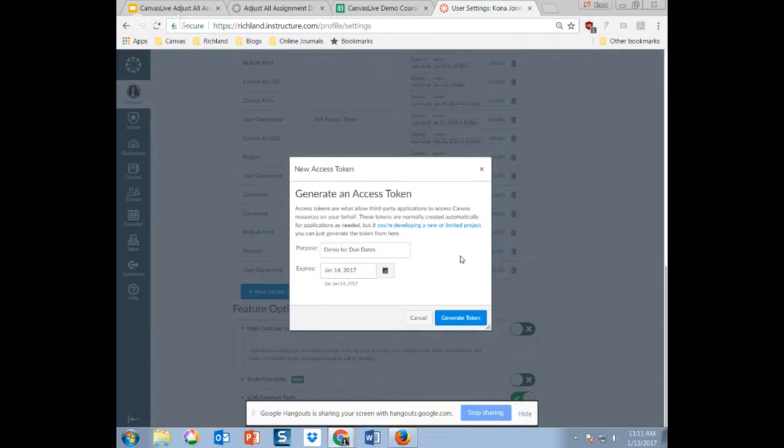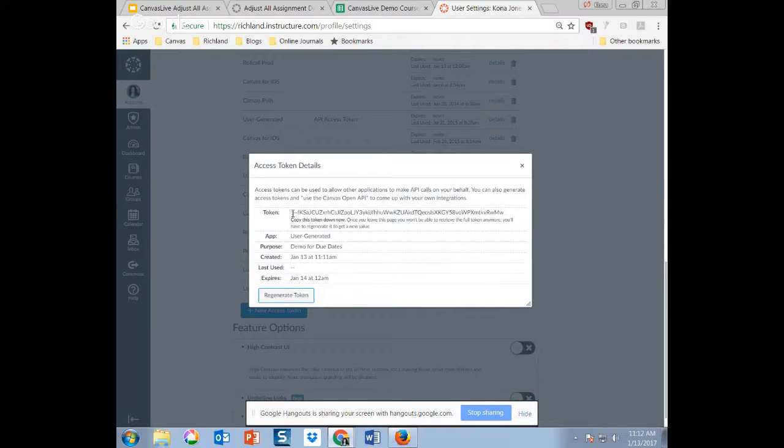The reason is that this is actually a super secret code. In fact, what I'm going to do is delete this code as soon as I'm done demoing, because what this code does is basically give anyone with this access code access with my privileges into our instance of Canvas. So once I click Generate Token, which I'm going to go ahead and do, this token right here, which is what we're going to copy, if you gave this to someone else, they would literally be able to get into your instance of Canvas with your level of permissions and do whatever they wanted. So please do not share this. Do not give this away. And this is also why, as soon as this demo is done, I'm going to go in and delete it. So copy it and then come back over here